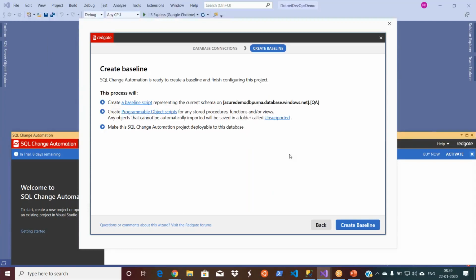It will generate that, and then it will compare and create the differential script as well. Let us say in dev you have 10 tables and in QA you have 8 tables. That means 2 tables are additional. It will generate those tables which are not available in the target database, which is nothing but QA. So let's go and click on create.